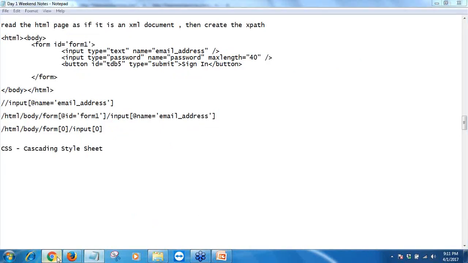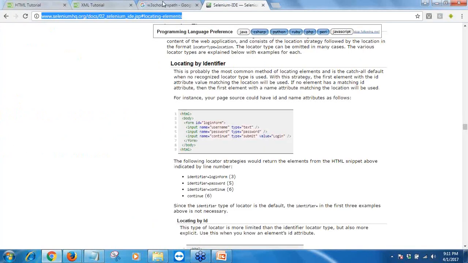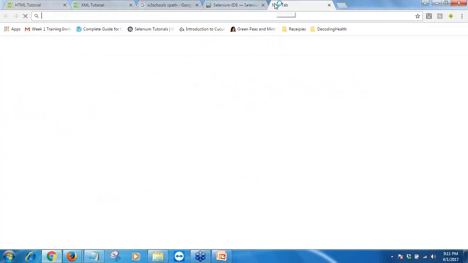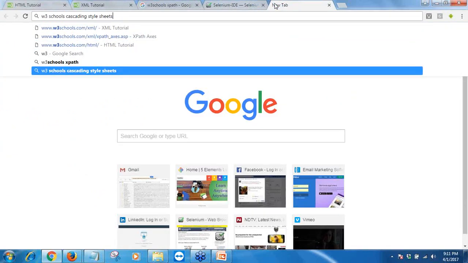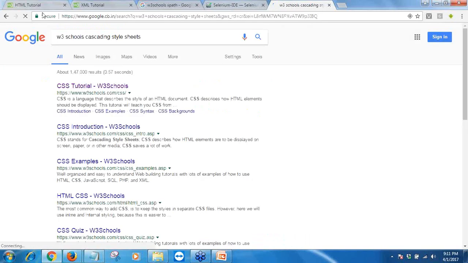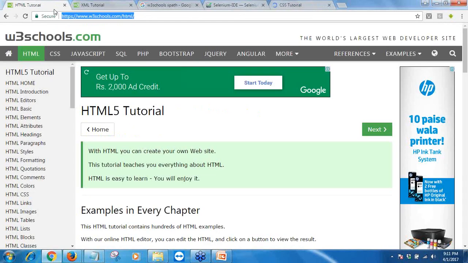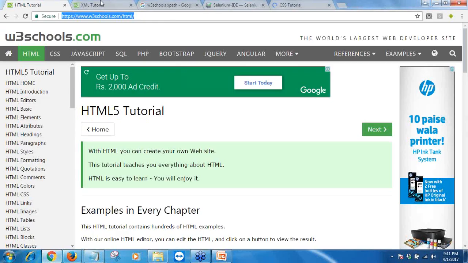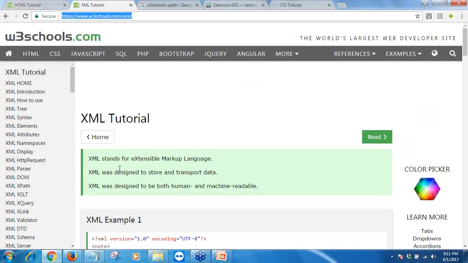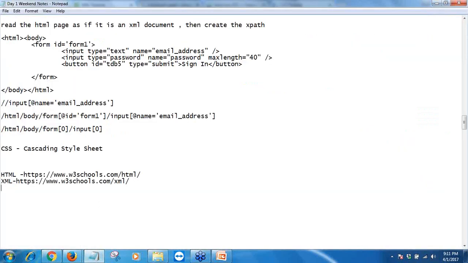To know more about it, you can go ahead and read about W3 Schools and CSS. Similarly, you have got W3 Schools for HTML, W3 Schools for XML and XPath. These are very well written links. I would urge you guys to go through them before you read about the